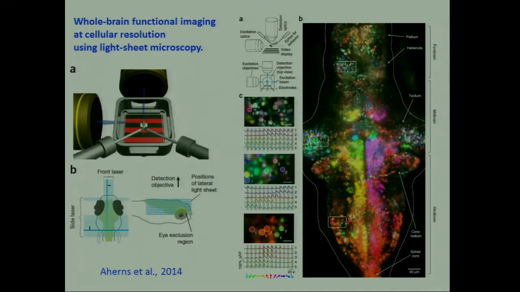Okay, you've already seen this. This is beautiful work from Misha Ahrens' lab, and this is a snapshot from a paper that appeared in Nature Methods just recently. The point I want to make here, you saw the beautiful experiment where they varied the direction of motion, and it's color-coded here. What I want to point out is that this is a very, very simple stimulus, just a moving bar moving in different directions.